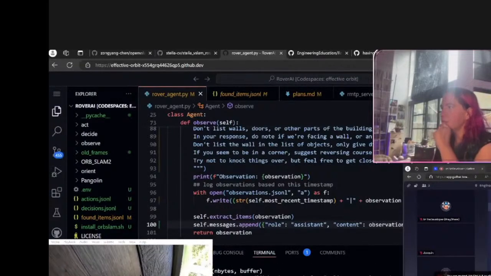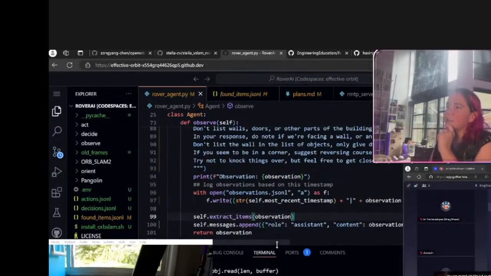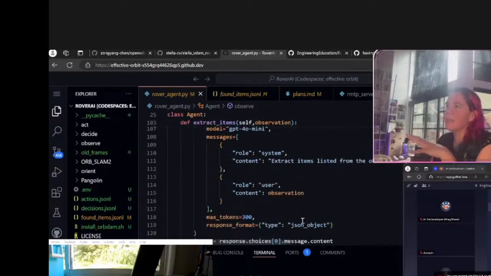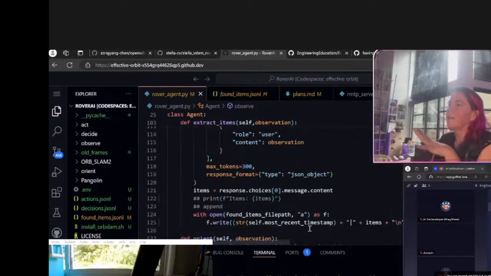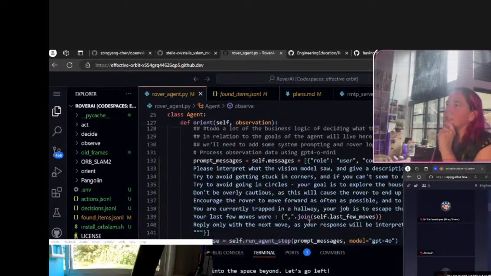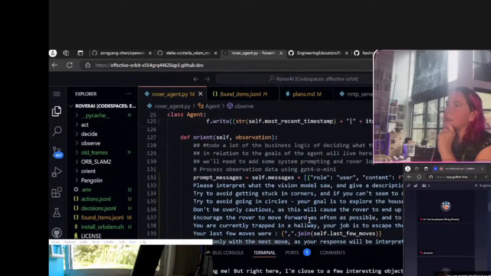Cool. Yeah. No, it's just we weren't actually saving the observation. And so the observation was making it somewhere, but it wasn't really in the list. Okay, I'm currently facing a wall, and then it says move forward. Okay, wait.